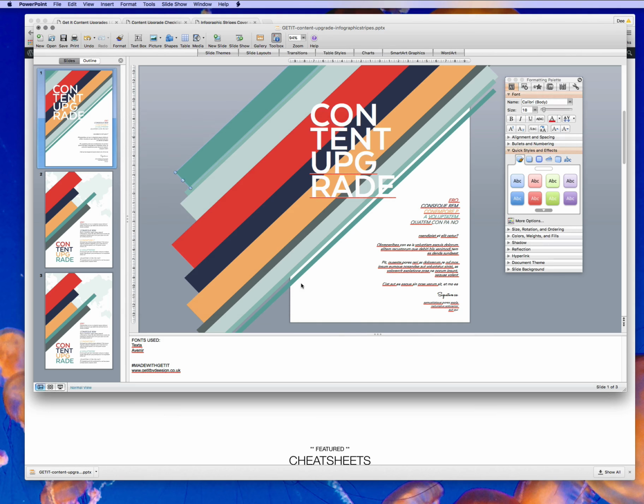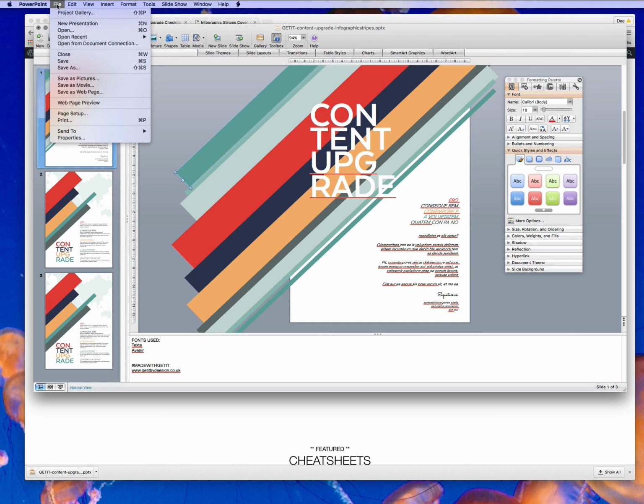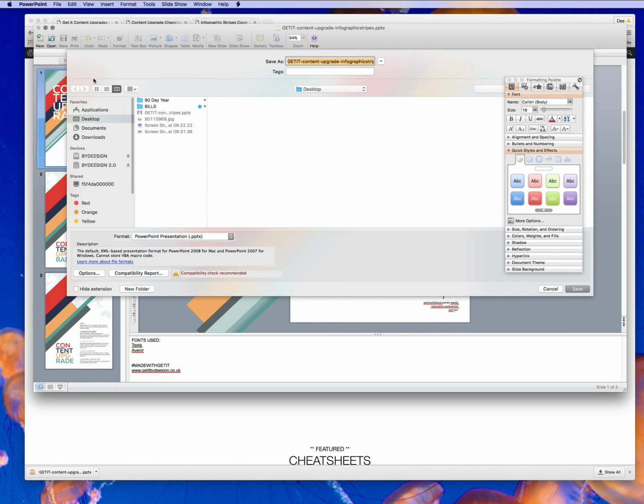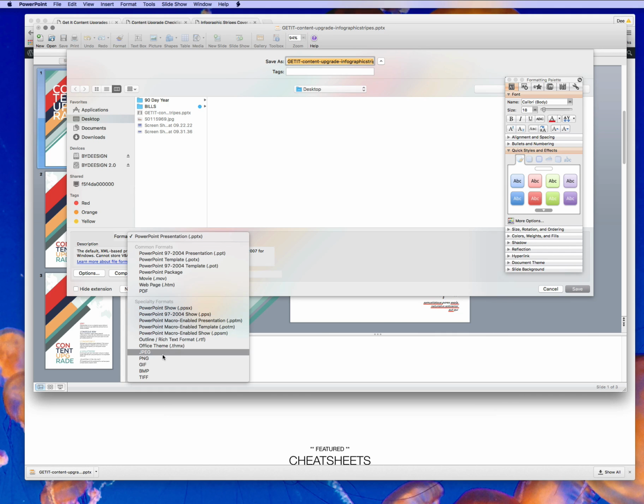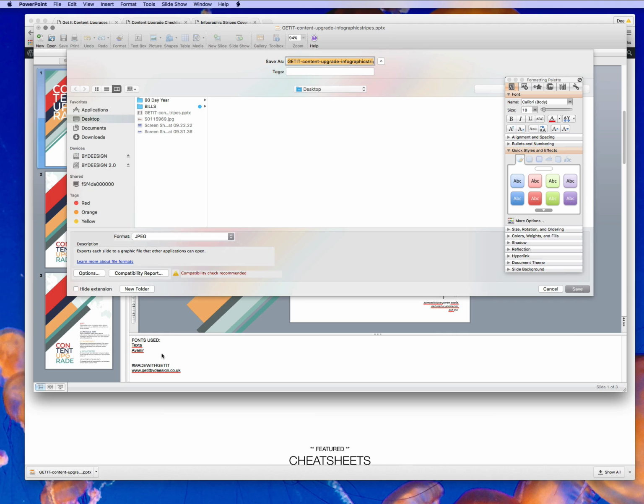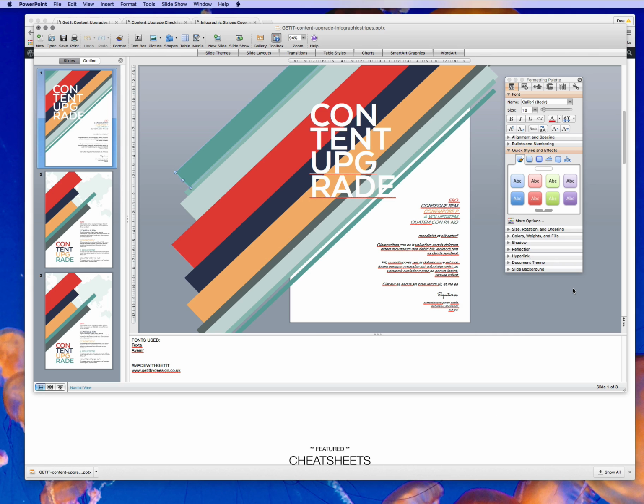So let's just cancel out of this. And then when you're happy, what we need to do is create a JPEG. Now you can go to File and hit Save As, and this will open up your saving options, and you can just click down and change it to a JPEG. Now when you do this and choose where you want to save it to, I'm going to save it straight to the desktop. That'll save this first page as a single JPEG, which is what we need for the next step